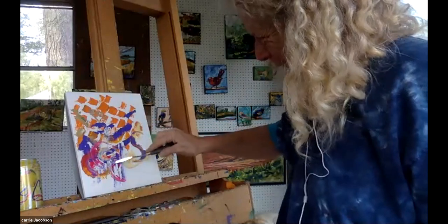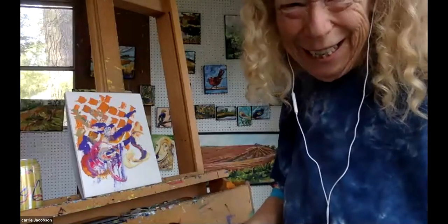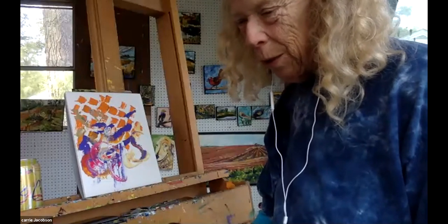Robin, wonderful. And the stuff on the end of the brush is wonderful. Isn't it? You just sort of dot it on. Absolutely. And when, for the first 8 years that I painted, I would wipe off the extra stuff,